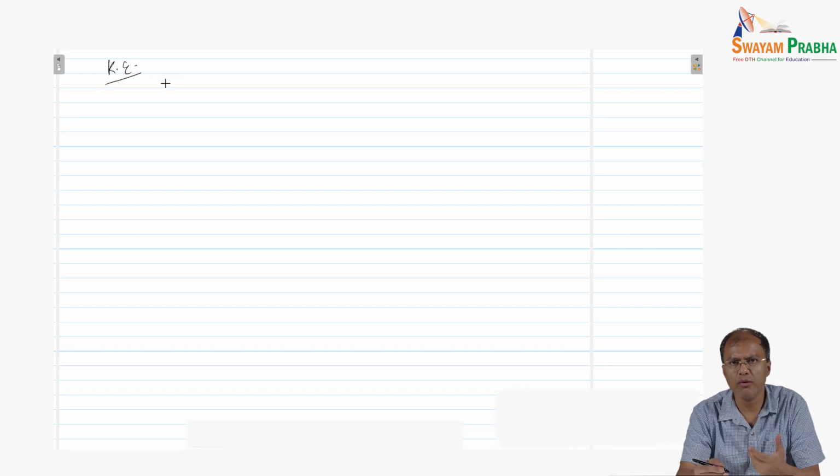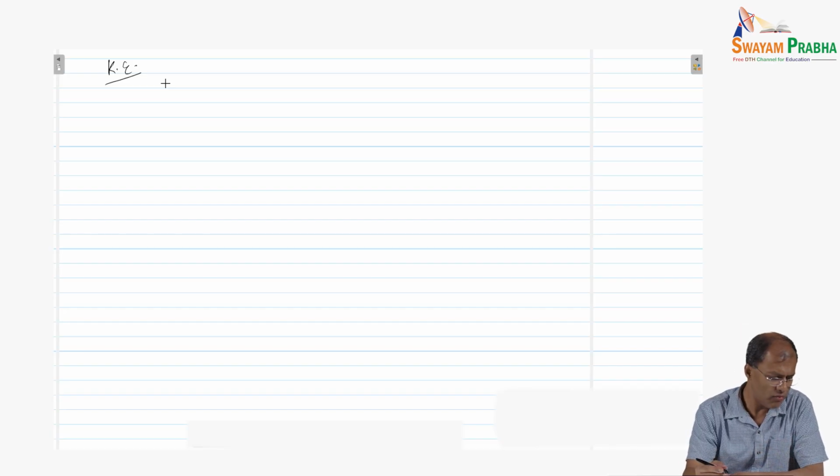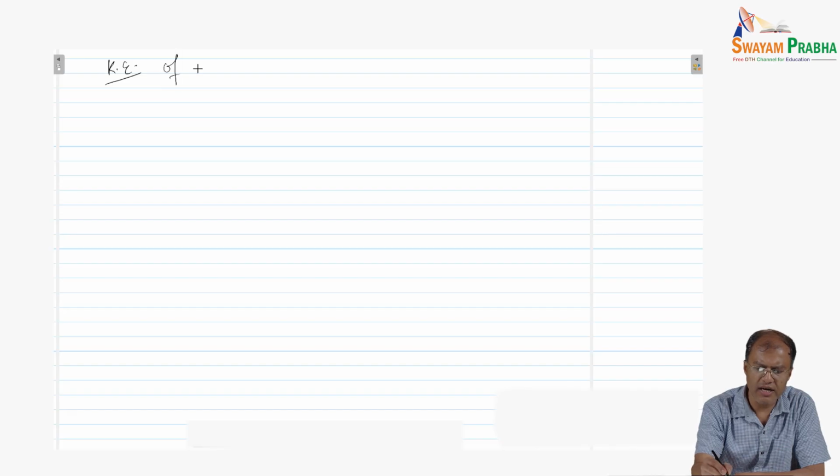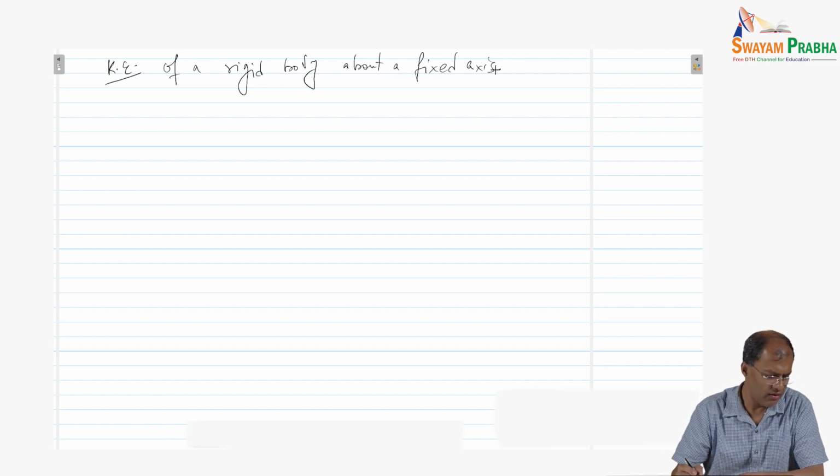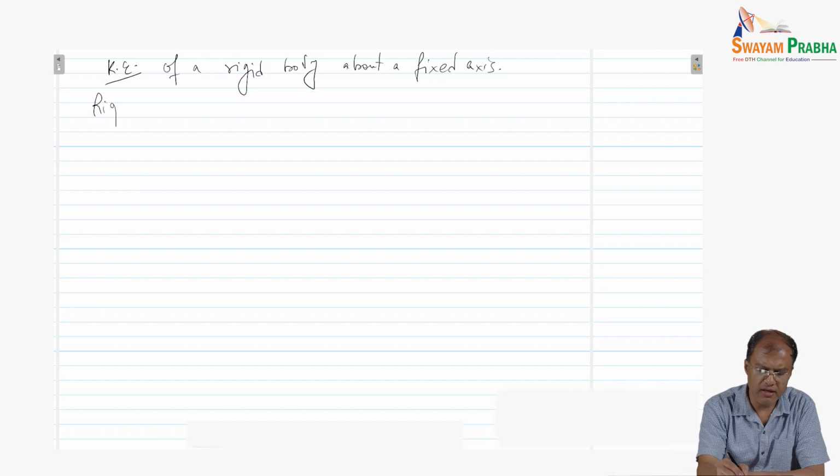We have so far talked about the potential energy of a system of particles or of a body. So now we will talk about kinetic energy. Kinetic energy of a rigid body about a fixed axis,